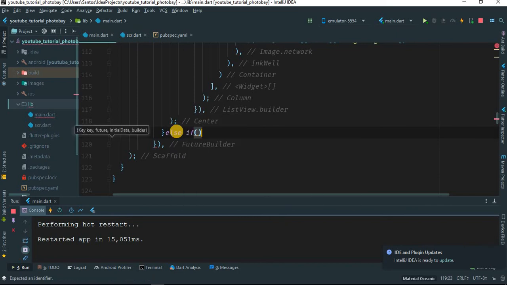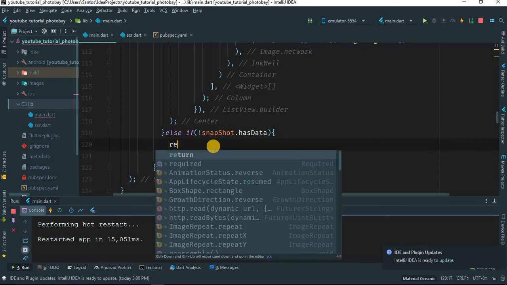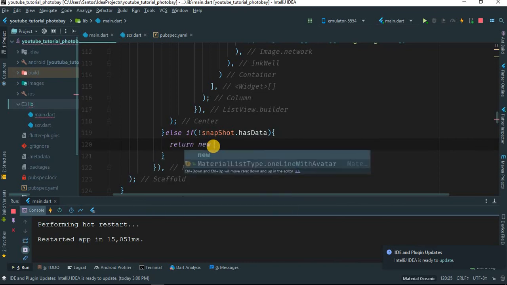And let's try this, giving, what's the condition? Not snapshot.hasData. Basically saying, if the snapshot doesn't have data, we want you to return new